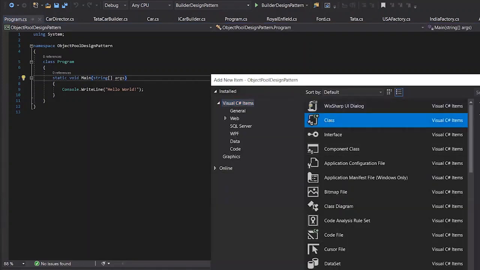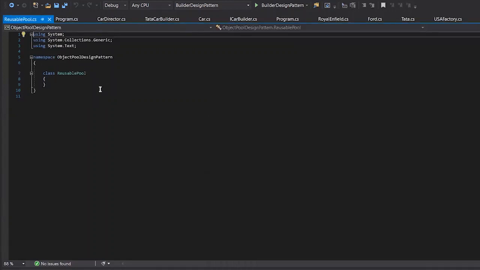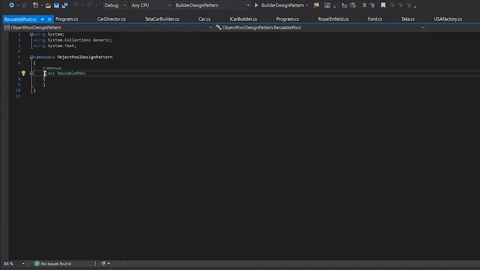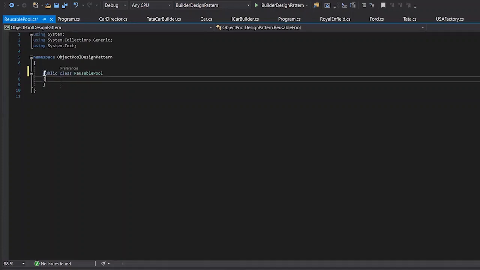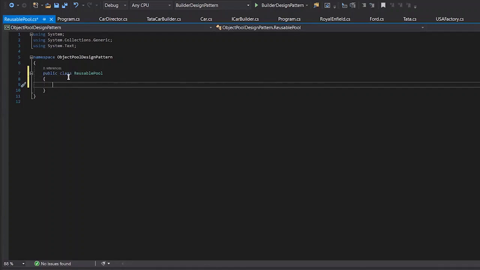Let's add a class ReusablePool. I will be implementing a basic dumbed-down version of this reusable pool, like how to get the instance and how to release the pool. In this reusable pool, we will have a few of the properties we mentioned earlier: one is pool size, another is acquire reusable, and then release reusable.